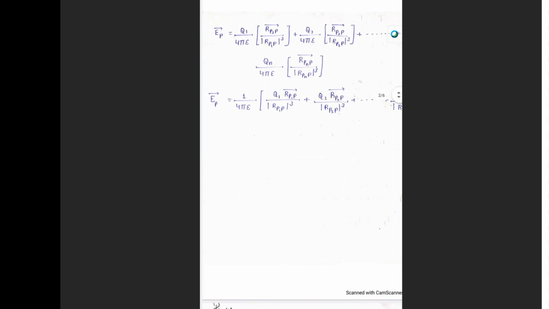Similarly, you can write for the nth field, and always, I told you, you have to remove the common terms and then write the expression. So in all these, what is common? 1 by 4 pi epsilon is common. So remove that outside the bracket and then write the remaining terms inside the square bracket here. Understood? So this is the resultant electric field intensity that is exhibited by n number of point charges at the point P. Once you know this field expression and the field due to n number of point charges, you can solve the problems on that.